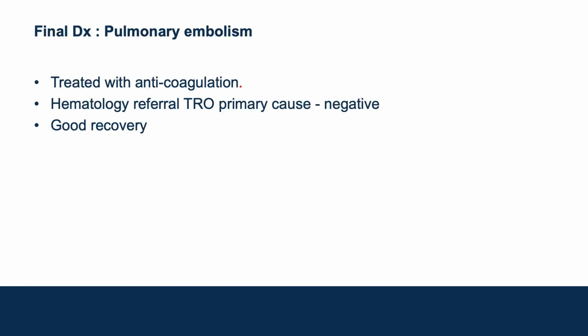And also on top of that, we have to investigate why she is developing all these clots. Is it because of the acupuncture that she had, or is it something of a primary cause? Well, because she was quite stable, her vitals are all right, her saturation is okay, she has no sign of RV dilatation. So I thought that at that point I treated her medically. I gave her anticoagulation. I also got my colleague in, hematology referral, to make sure she does not have a primary cause of thrombosis. And she made a very good recovery.